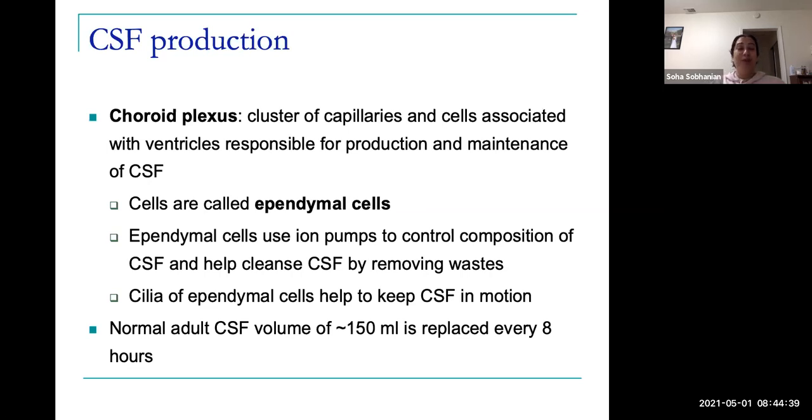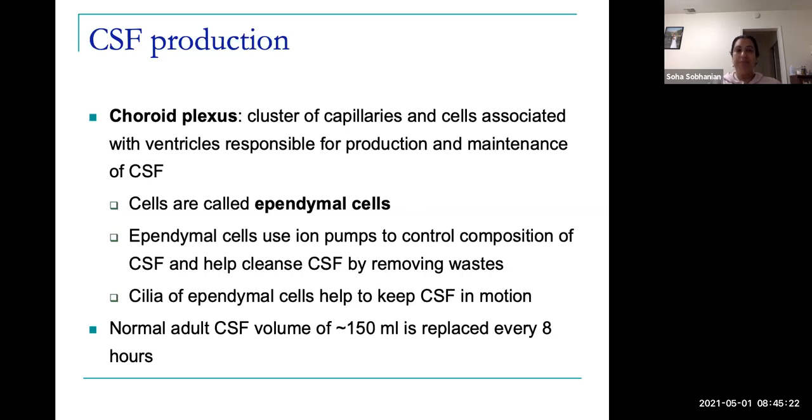So in the 24-hour time that you have, the fluid that flows around your brain gets replaced 3 times, which is amazing to me. So think about how sensitive your brain is, that you really need to change that fluid completely every 3 hours. Sorry, every 8 hours, not 3 hours. So where does that actual fluid come from? It comes from a structure called the choroid plexus, which is basically a bunch of capillaries and cells that are found inside cavities of the brain. And they're responsible to produce and recycle your